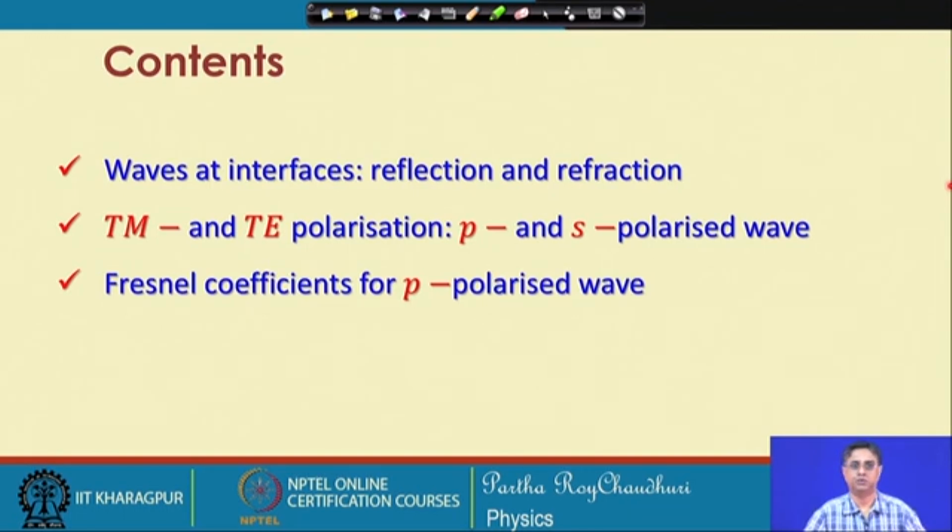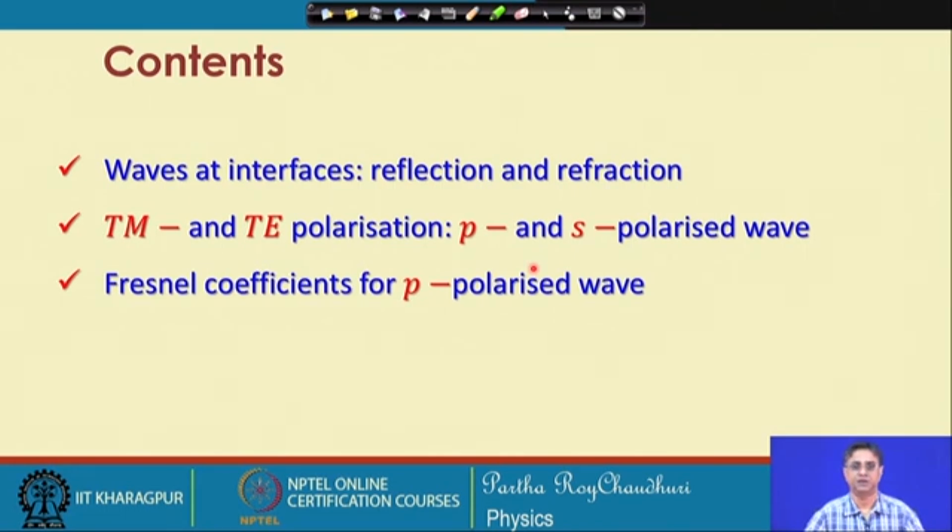can have two different configurations or an admixture of both the configurations, and we will call them the TE and TM polarization or the S and P polarized wave. Then we will look at the reflection and transmission properties of the P polarized wave in terms of the amplitude reflection, amplitude transmission, and we will try to study this particular P polarized wave in little more details, so that the knowledge can